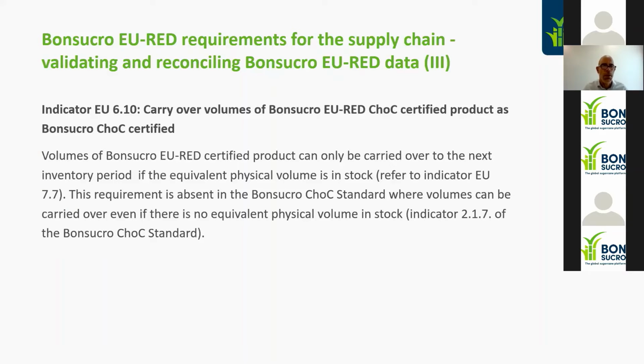Then the last one, and that's on indicator 6.10. Again, it's not a new requirement. Yeah, it was in the old Bonsucro EU-RED CHOC standard as well, but it was listed not as a requirement, but rather as a bit of guidance. And this is now listed as a new requirement. Basically, it says that